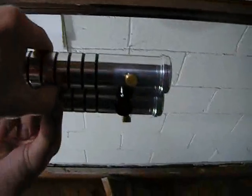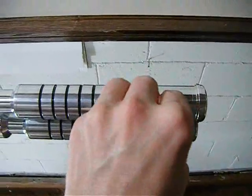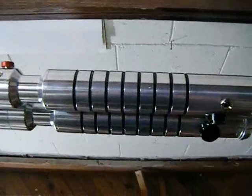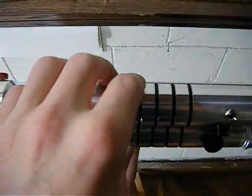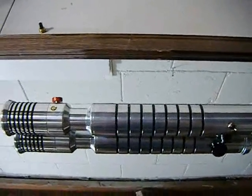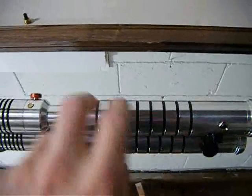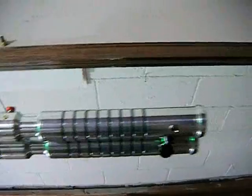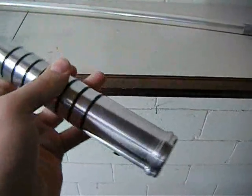First thing I'll just go through is I'll just move the recharge port here. Okay, there you go. That tells me that it's on. I've got it set to the Luke Skywalker Hero setting at the moment, so I'll just turn it on so you folks can hear it. It is quite loud, as you can hear. It's also